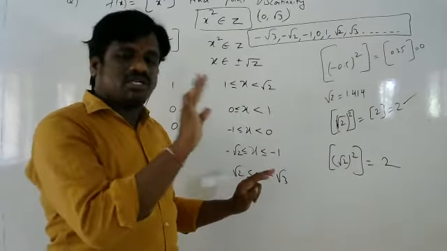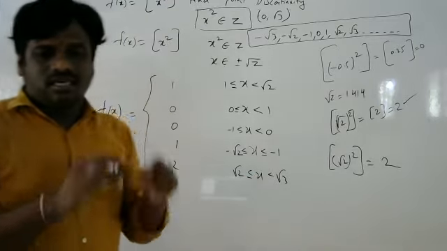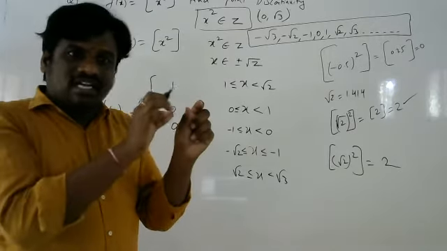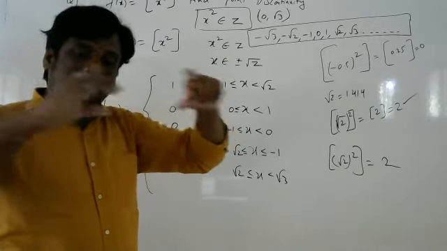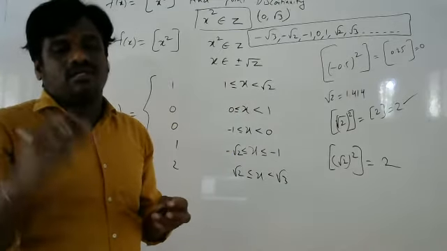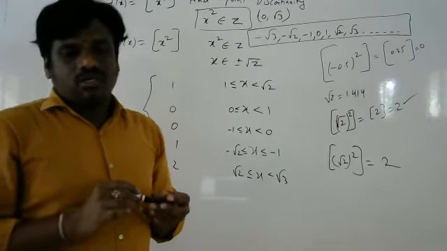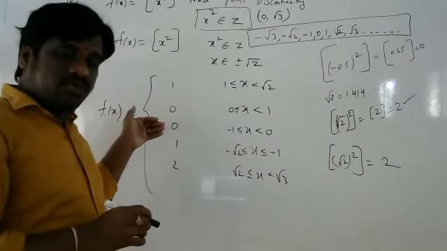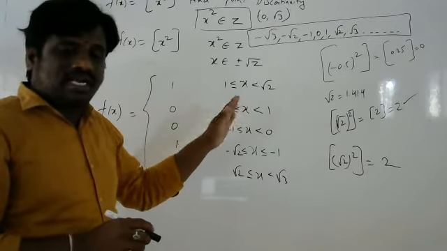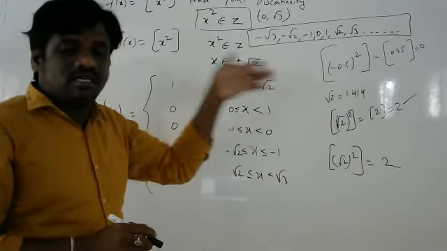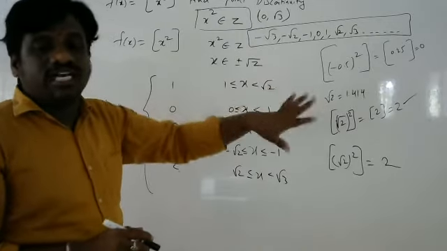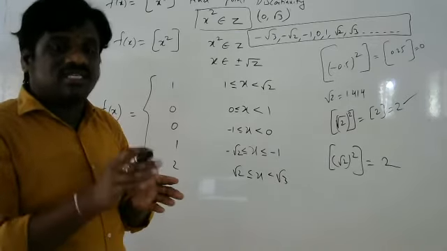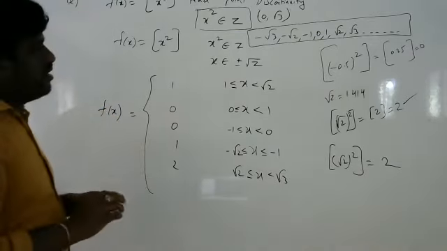Likewise, the previous question was also the same. 2x cube minus 6 was there. We have made the greatest integer of 2x cube minus 6. Then you got minus 4 to 10. In that also you will get many places of discontinuity. How many places are you getting discontinuity? That was the question. We checked there, till minus 4 I can get minus 3 as a number, and 10 is not included, so we cannot take 10. So minus 3 to 9 are the counting numbers. At those places it is going to get a point of discontinuity. That is the reason the answer is 13.